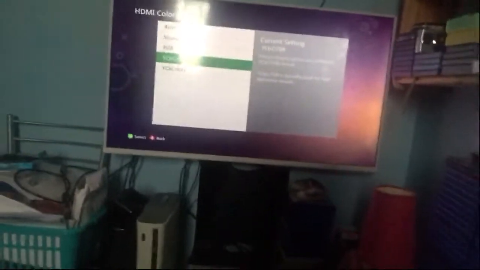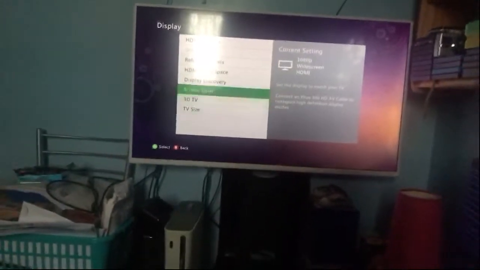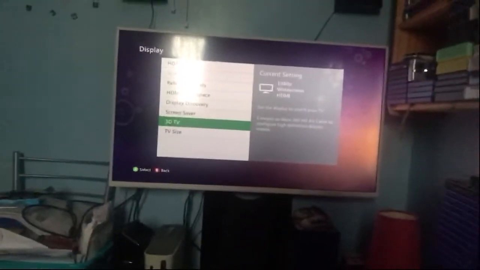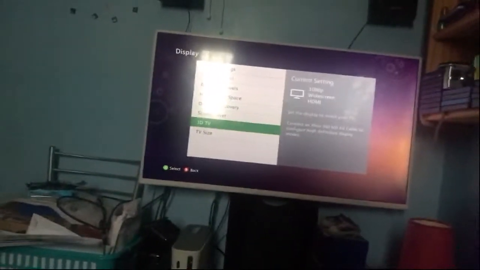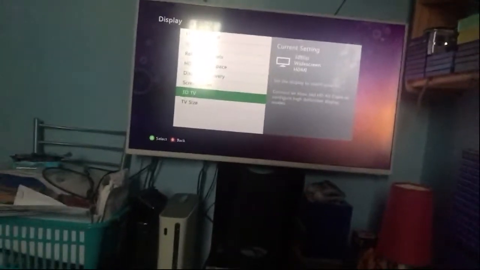So basically, just go back. Let me just check it again. Okay. So display discovery off, screensaver on, 3D TV disabled, unless your TV supports the 3D setting. But don't worry though. I thought a few minutes ago that if I disable this,